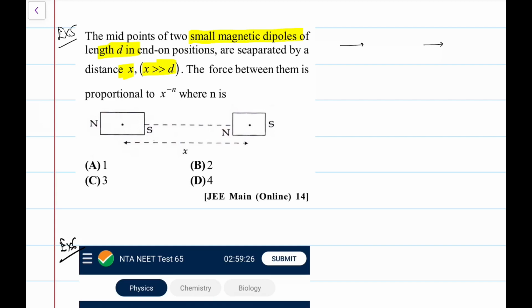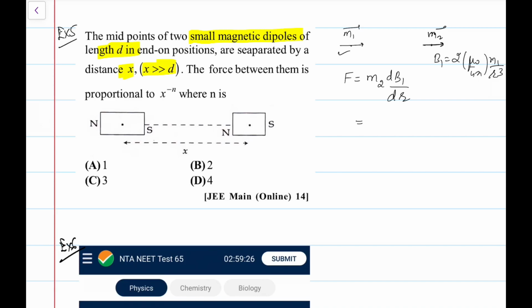So what we have, let's say this is mu1 or m1 we write, so let it be m1 and let it be m2. So how to check the force on this? Because let's say in the field of m1, the field of m1 is not uniform, it is a varying field here. So m2 will experience a force, and in the varying field we have that formula p d by dx. Here we will have m2 dB1 by dx or dr, whatever you write, let's say by dr. And we know the field due to 1 at the axial point is 2 mu naught upon 4 pi into m1 by r cube.